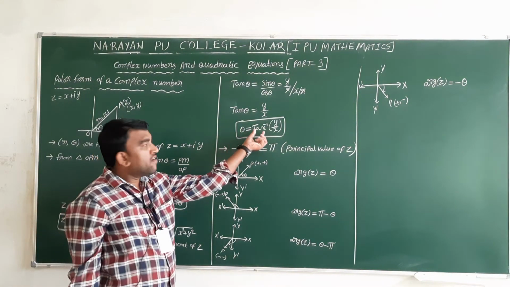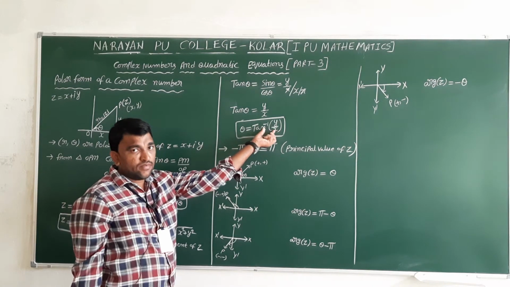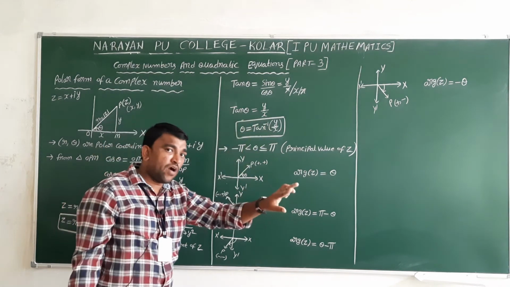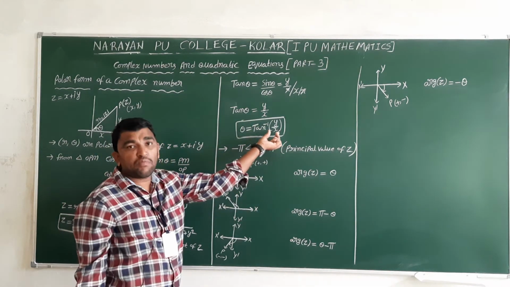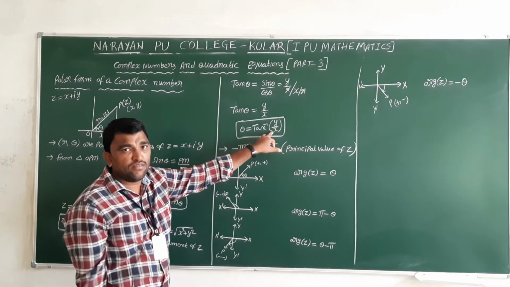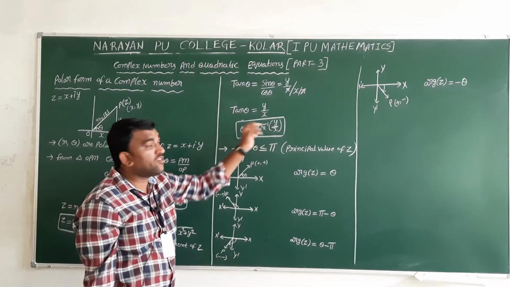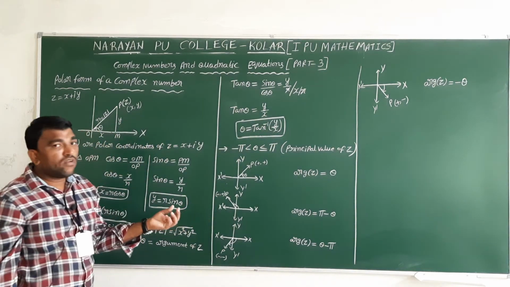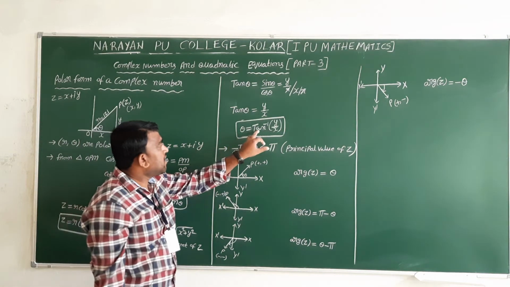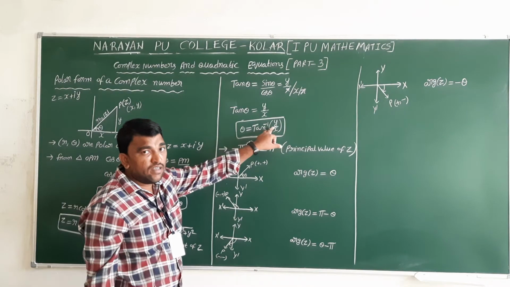Now here we got theta equal to tan inverse y by x. Suppose both x and y are either positive or negative, then no problem at all. If x is positive, y is positive, directly we will get the positive value. If y is negative and x is negative also, the negatives cancel, and we will get a positive value. If for example x is positive, y is negative, at that time it is tan inverse of minus y by x that we will get.